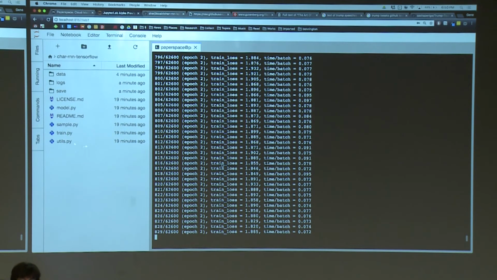Yeah? Do you have any tips on how to test the training? I mean, I've been playing with this for a while, and it's always, to me, trial and error. Trial and error? Oh, sure, yeah. Changing parameters and